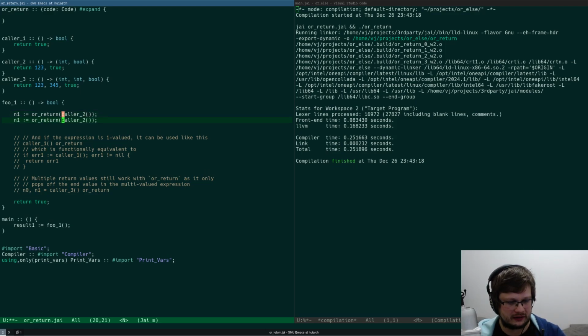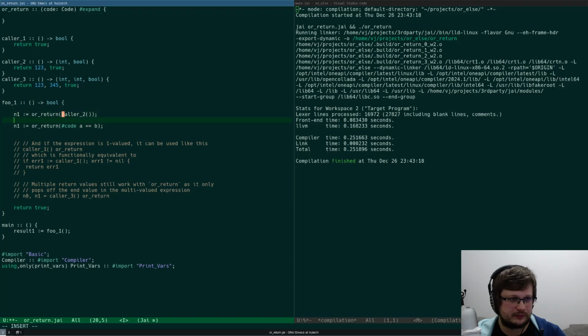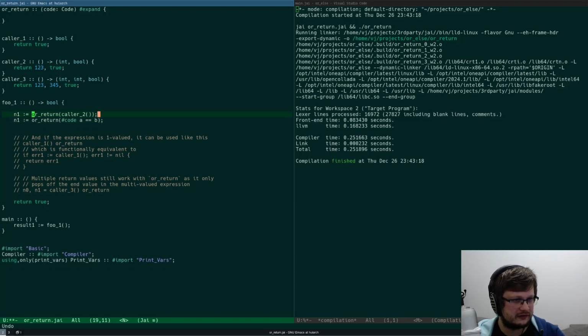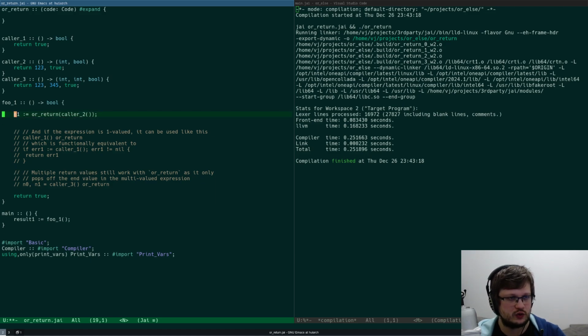We could do something like code a equals b, and if it's bool and false, we just return. But this is kind of meaningless in my opinion, because if you want an arbitrary expression, it's better to write a simple if. So I think this makes sense when you call something. That's why I'm going to assume that for now.